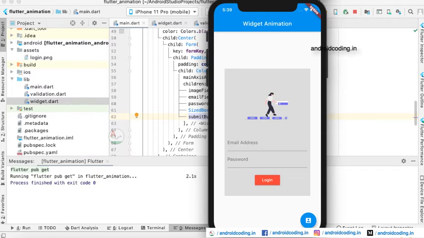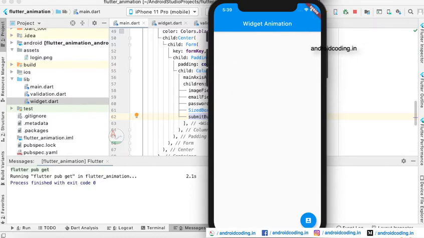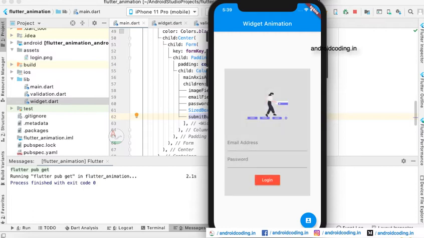So let us try to see how the animation works here. When the user enters the screen, you can see a floating button here. When you tap on the button, the container is loaded. We have provided the animation to this particular container so that the container fades in and fades out when you tap on the button appropriately.